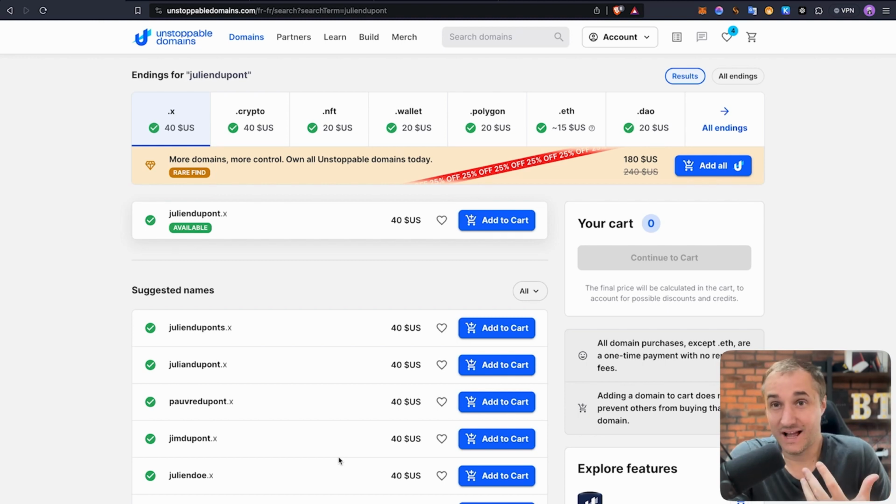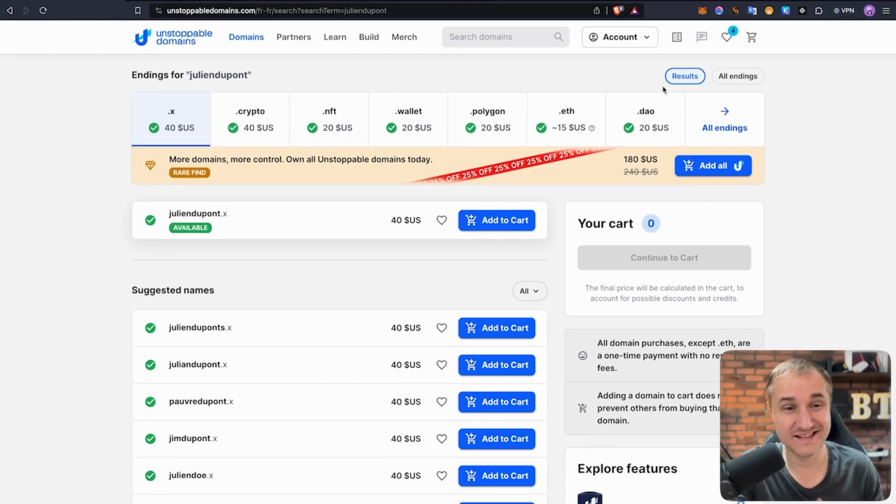For example, with a Coinbase wallet, it works directly, and Trust Wallet will be compatible. I believe you have more than 800 applications which will be compatible directly and natively, but that will not be the case on MetaMask, unfortunately. If you want to send Ether on your MetaMask using your domain name, you will not be able to do it directly with MetaMask. You can do it with a Ledger, it seems to me,